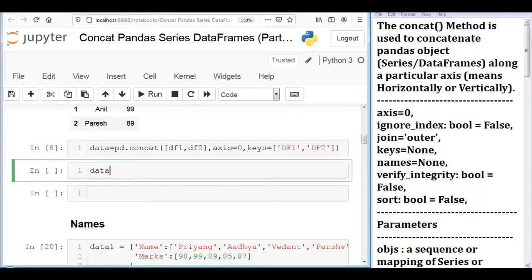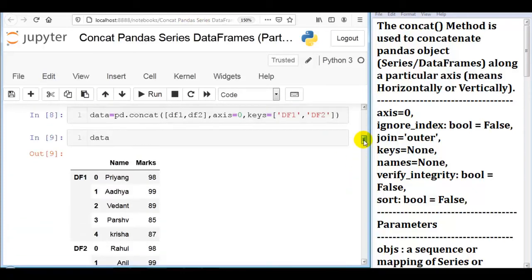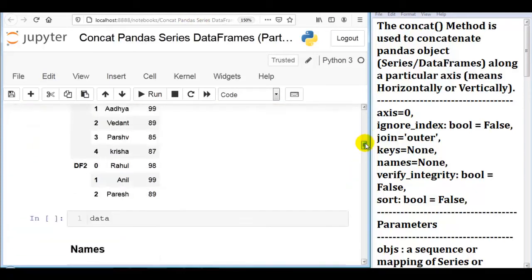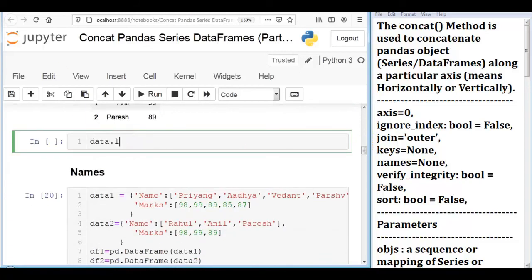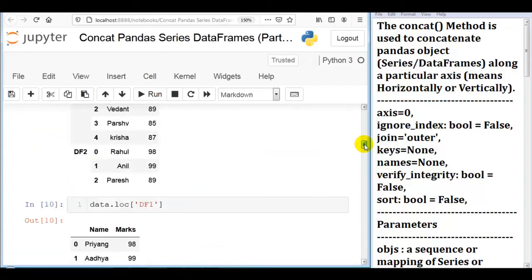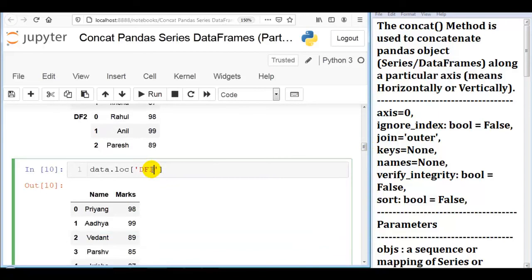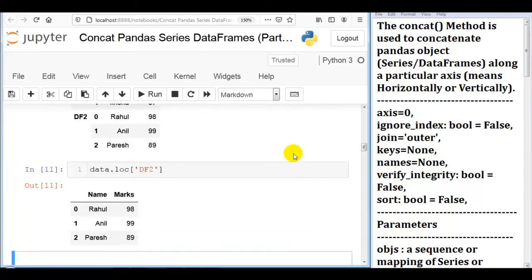Now if we want to access our data frames separately, then we have to write this variable data.loc, and here we can pass any data frame that we want to access. As you can see, our df1. Same way we can also access df2. So this way we can use the keys parameter.